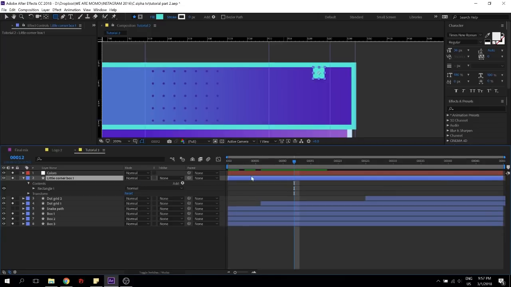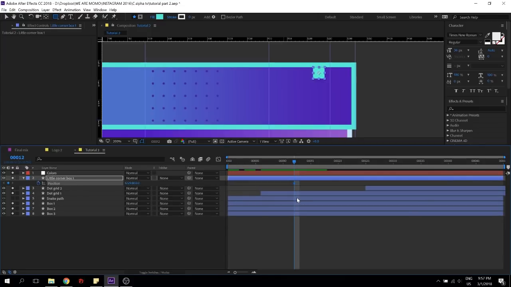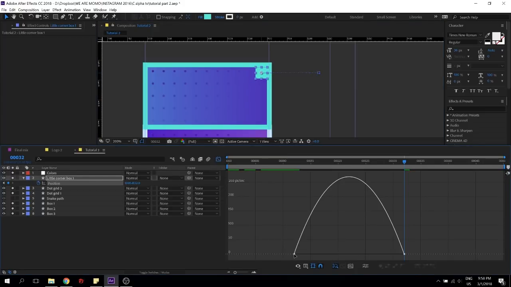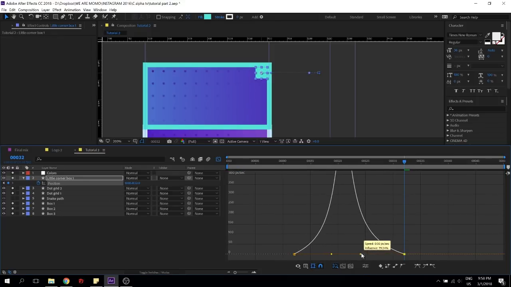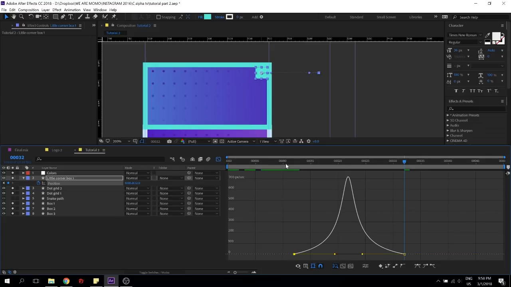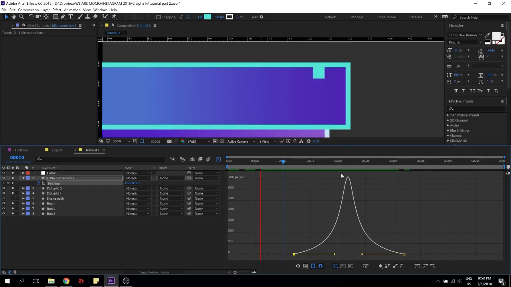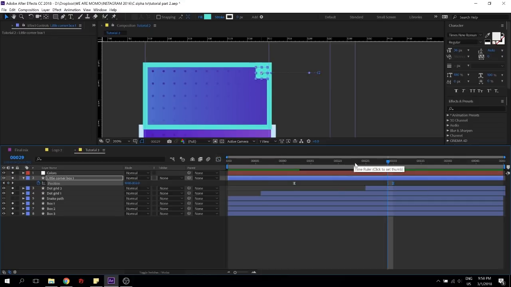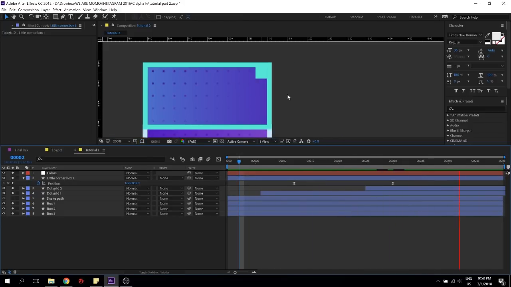All I need to do is, at this point the position of this is going to be here, and then the position of this is going to be here. That's all it needs to do. Nothing else matters. And I'm just gonna press F9 and drag this a bit, and then drag this a bit, because I wanted to accelerate right in the center, and I wanted it to reach a bit faster than this. So cool. I like it.